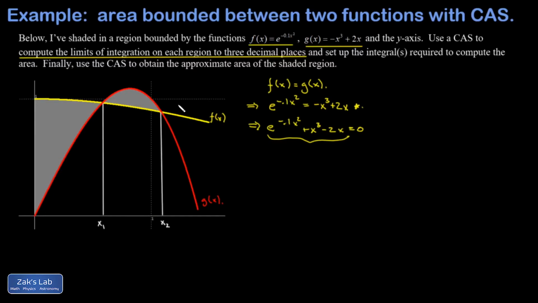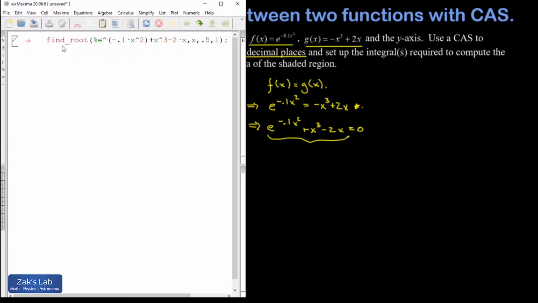One last thing I'll need before I bounce to Maxima is an approximation of the interval in which each of these roots occurs. So one of them looks like it's happening between 1/2 and 1, and the other one looks like it's happening between 1 and 1.5. So here we are in Maxima, and I've written find root, and then I put in